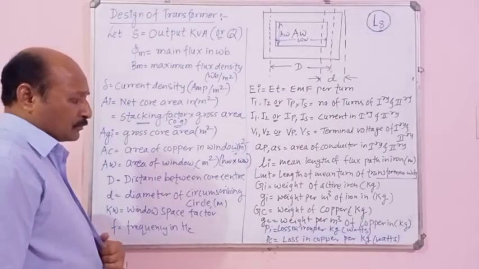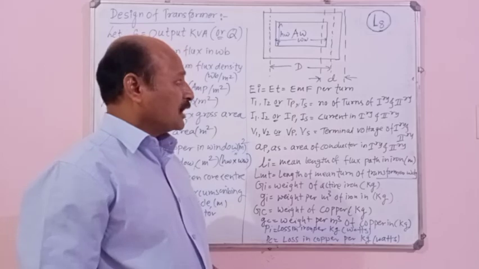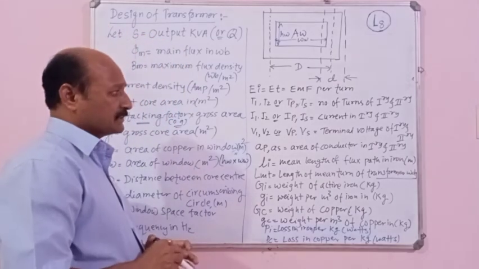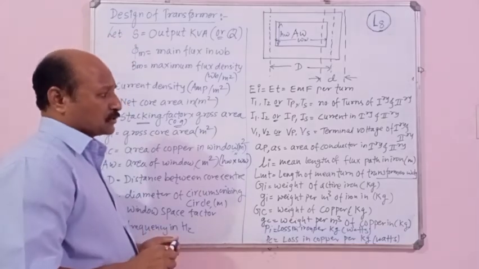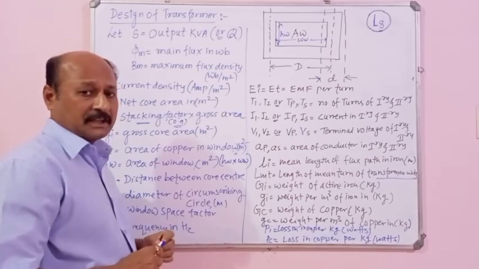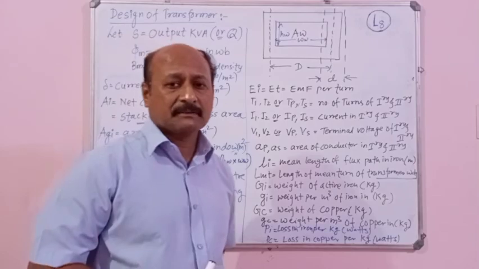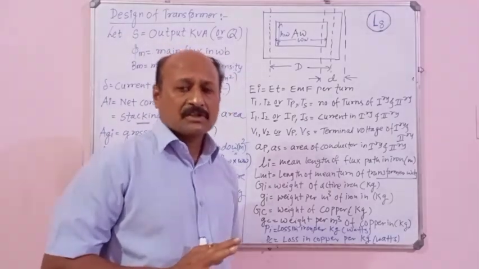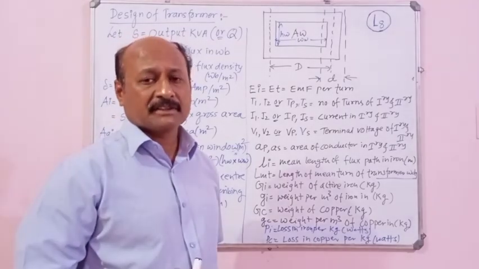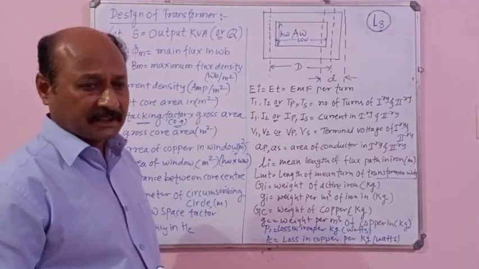So now what is our next aim? The next aim is to study the output of the single phase transformer as well as the three phase transformer. For that purpose, we have to derive the EMF equation. You must know the EMF equation of the transformer for the single phase transformer as well as the three phase transformer. So before coming to the next class, you have to revise the EMF equation of the single phase transformer and the three phase transformer.